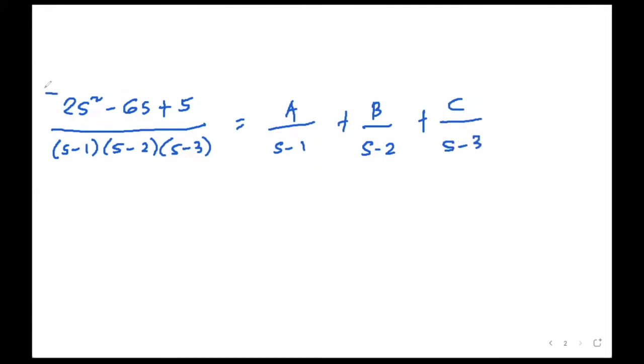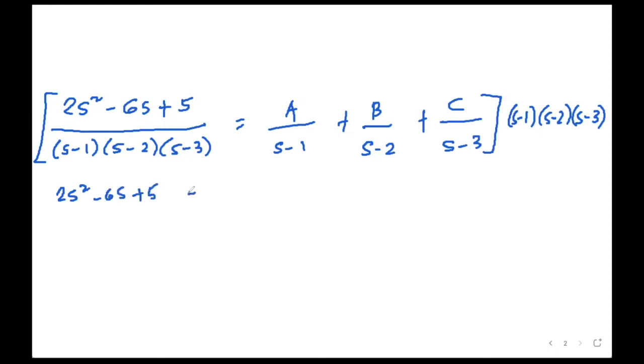The next step is to multiply the entire equation by these factors. Yan, both sides of the equation. So ano ba yung mga factors na to? Siyempre yung S minus 1, S minus 2 times S minus 3. Again, our idea here of multiplying both sides of the equation is to help us in finding for the constants A, B, and C. So the left-hand side of the equation will become 2s squared minus 6s plus 5 equals,